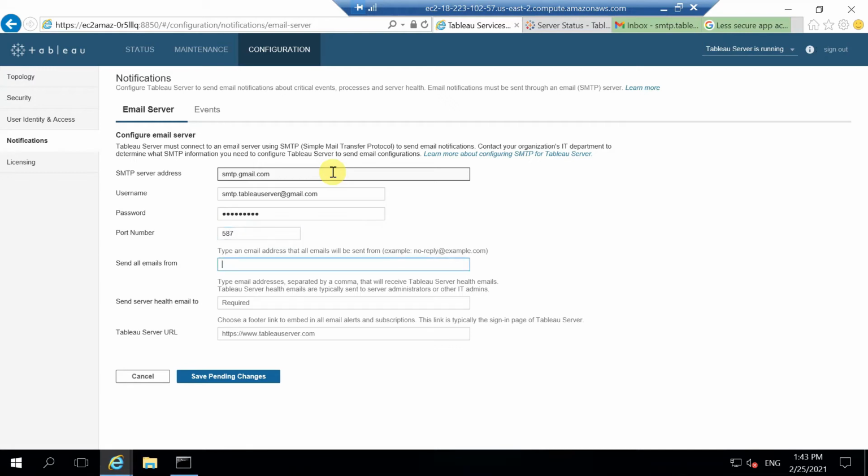Send emails from which email account the alert should go, so we can keep it as alerts at tableauserver.com. Who should receive your server health email? I'll keep the same email ID here as well.